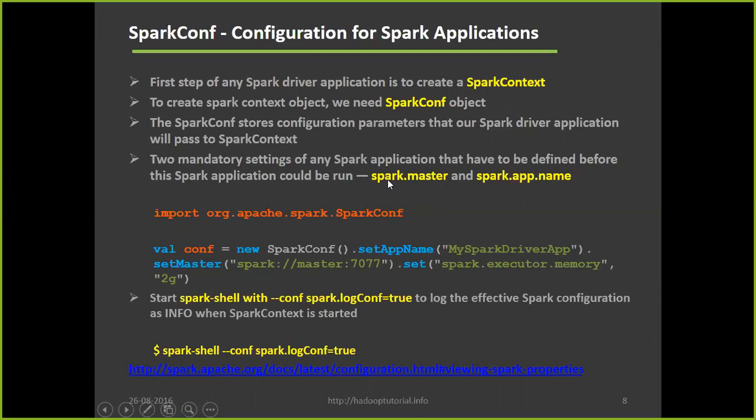And again, this master is becoming optional now. If you don't specify the master, it gets connected to the master service running on the local one, or the pseudo one, local[*]. And other than these two parameters, if you want to set any other configurations, we can always use .set and give your property name, comma, its value.